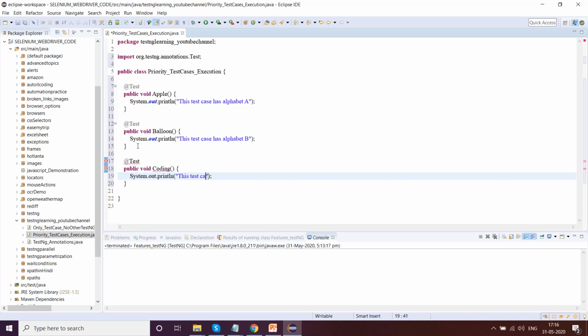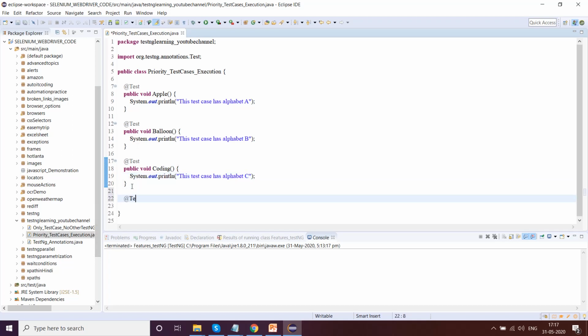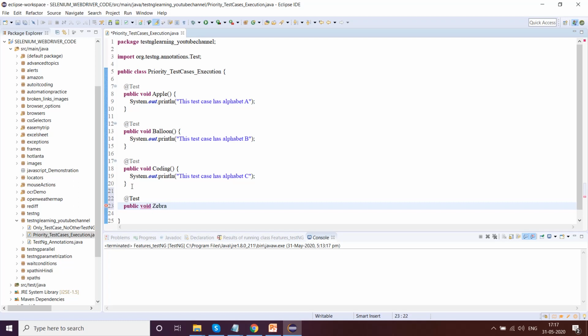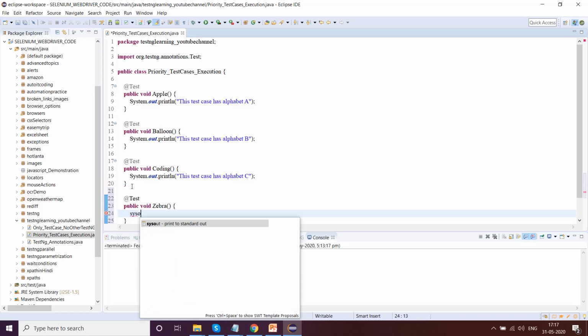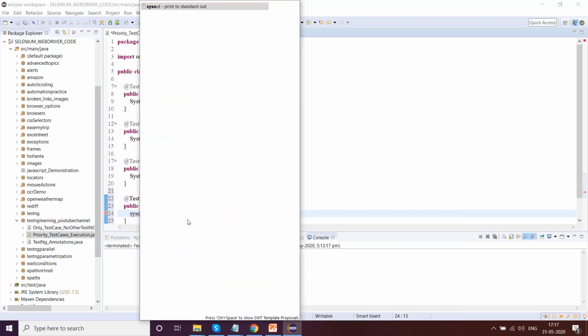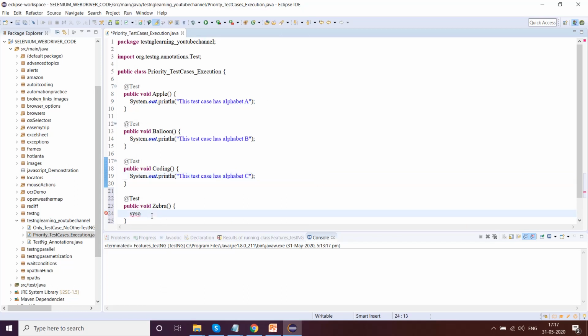This test case has alphabet C. Now I'll write another test case, the fourth one. @test, public void zebra. This test case has alphabet Z. Okay, I hope this much is understood.